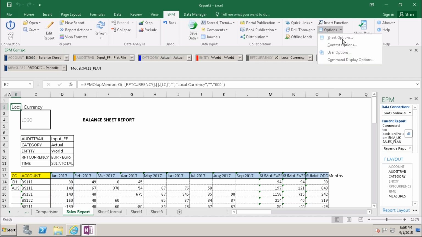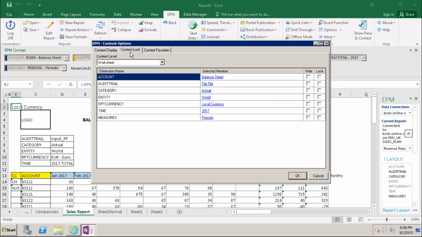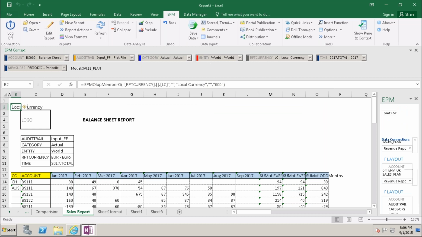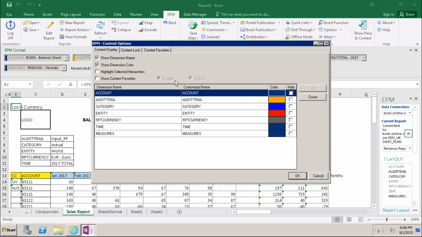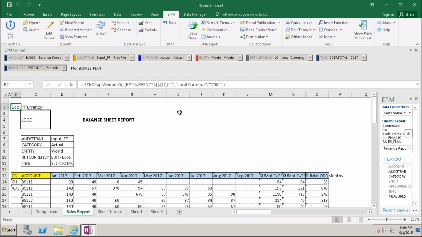Here is my test options. Context lock. Where is my third one?